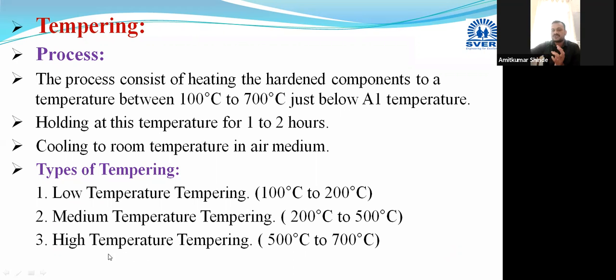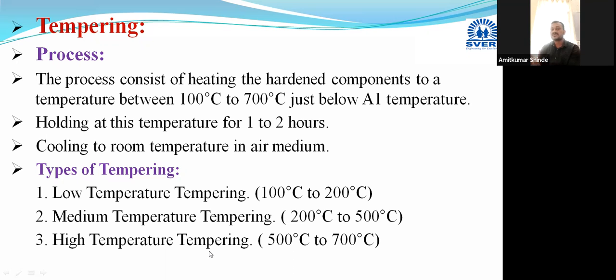Now what happens during this high temperature tempering? All processes that happen in medium temperature tempering will occur here. Retained austenite will be eliminated, internal stresses will be eliminated, martensite will be transformed to low temperature martensite and some transition carbides, and that low temperature martensite is again transformed to a ferrite and cementite mixture. At room temperature, ferrite and cementite will be obtained.